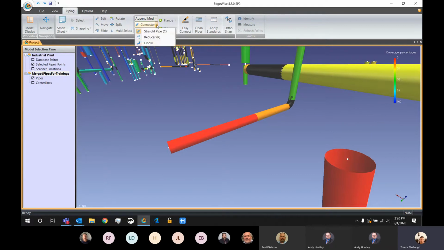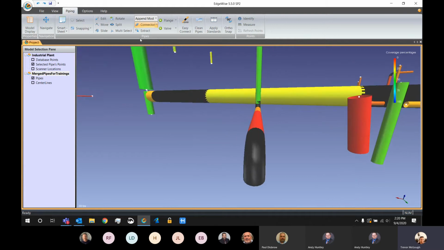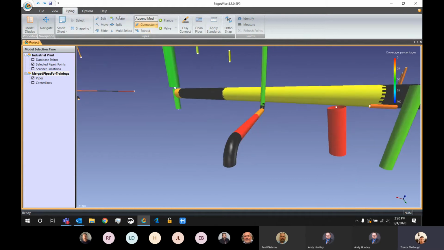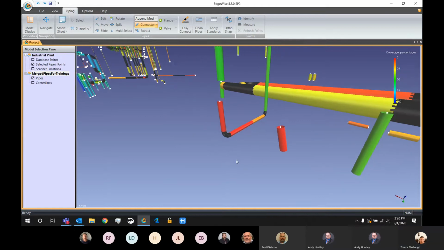So for example, those were straight pipes right there. I can click on an elbow, and it'll give me some elbow inputs. There's my elbow right there. Once I have that elbow created, I can use my rotate tool, located to the right of edit, to rotate that fitting around, and then switch back to straight pipes and add on a few more. So that append mode is probably going to be one of the most